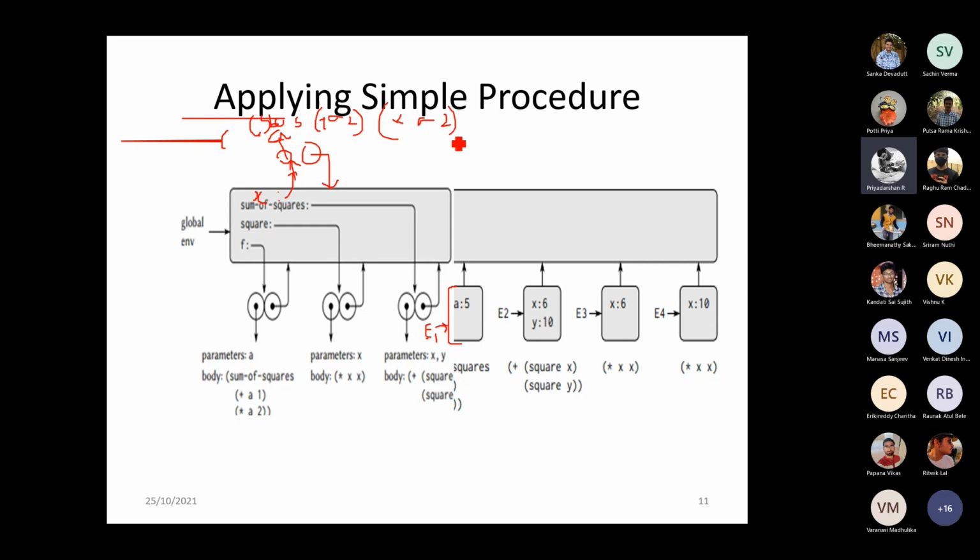Now what is your question? In the E1 block, we said that the parameter A is passed on to the f function, because it was f of 5. We were calling f of 5. So we created a new frame. Since it was f of 5, a new frame has been created. Since it is a named procedure, E1 has been allocated, a name has been given to this particular frame. And we are executing the F procedure body.